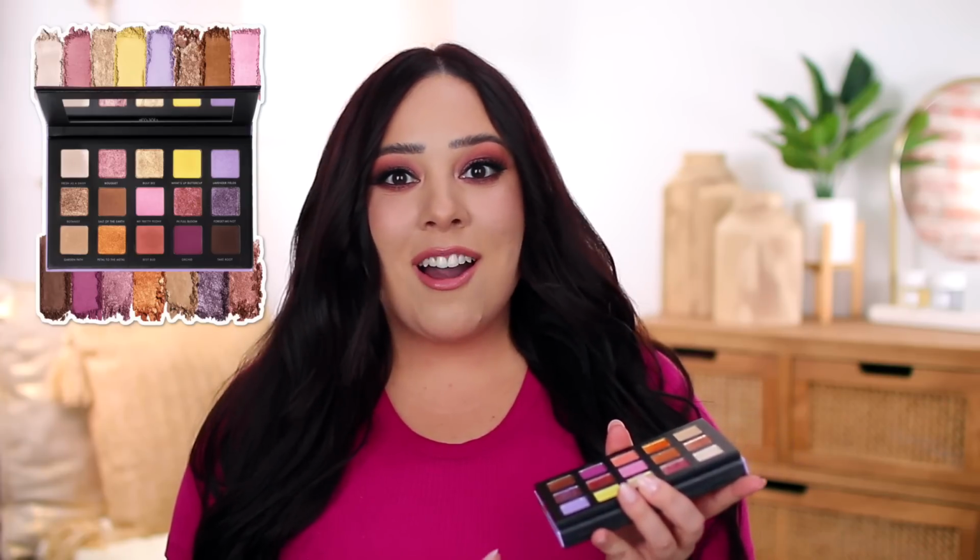It is a powdery palette, so don't get me wrong, if you don't like powdery shadows, you're not going to like this one, and I do think that there are other matte formulas that are better than this, but because it is such a powdery formula, I find that it's so blendable on the eyes. And if you're someone who is typically intimidated by color, especially those really intense, colorful matte shadows that can be a little bit difficult to work with, this could be such a good option for you because it is